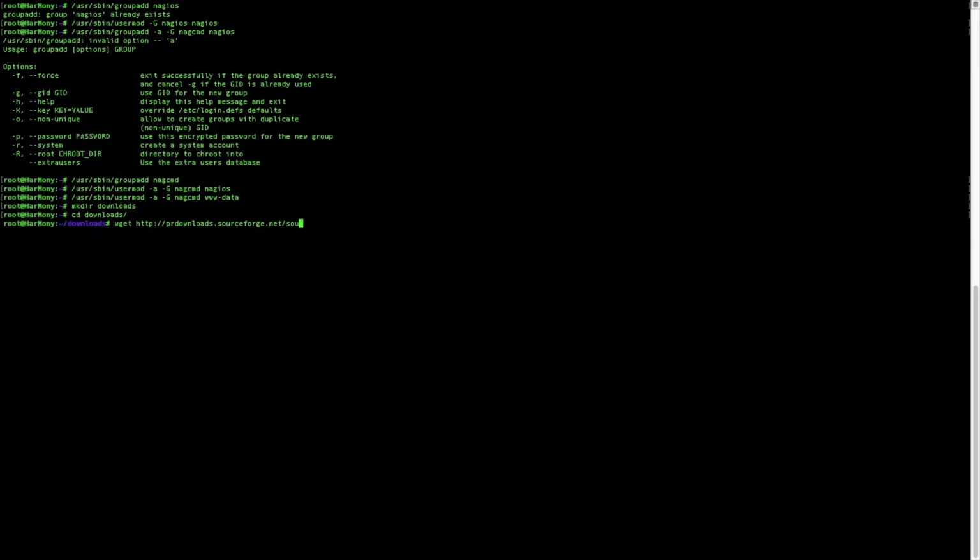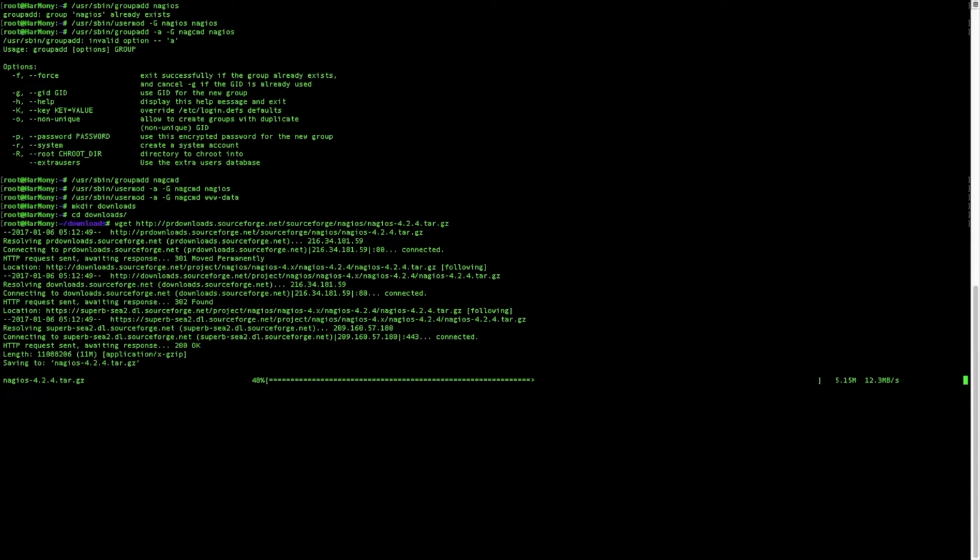http://prdownloads.sourceforge.net sourceforge Nagios-4-2-4.tar.gz, and boom, downloaded. So the next thing we need to do is download the Nagios plugins, and that's another